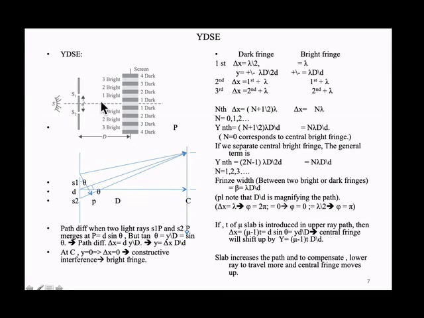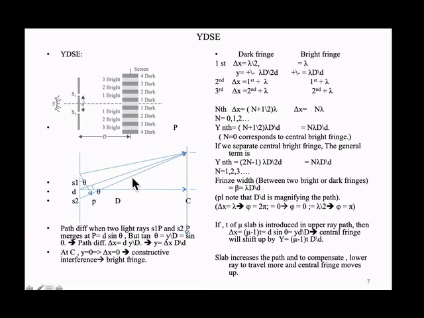See, at the center we will get a bright fringe, then dark, then bright, then dark. This is the first dark, second dark, third dark, fourth dark. As far as bright is concerned, central bright, first bright, second bright, third bright. The central bright is defined separately, because on both sides we are getting first bright, second bright, third bright. So let us observe what is